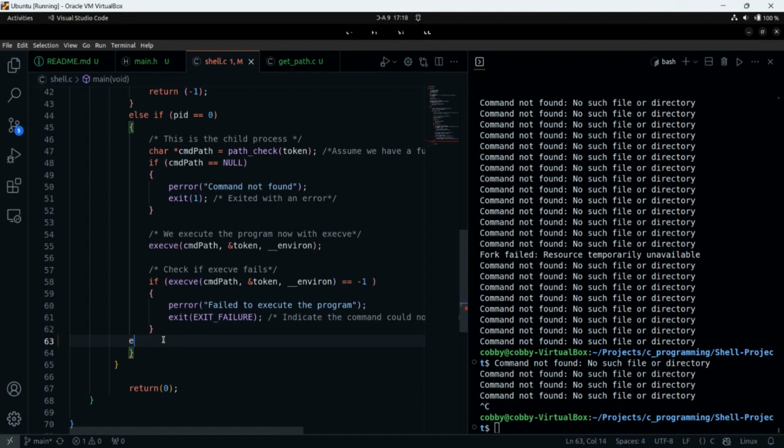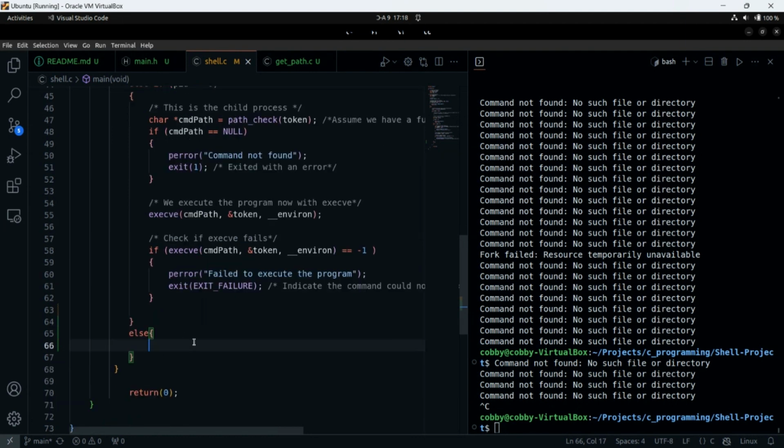Where is this else statement? Wait, what is happening? I think I need to bring this, right? No, you are writing inside the child. The curly braces of the child is on line 64. Oh, okay. Yes, so it's supposed to be here. So we can say else. Am I on the right track? Yeah. Thank you very much, that just confused me.